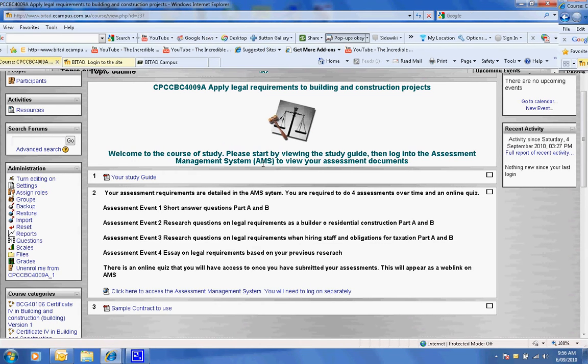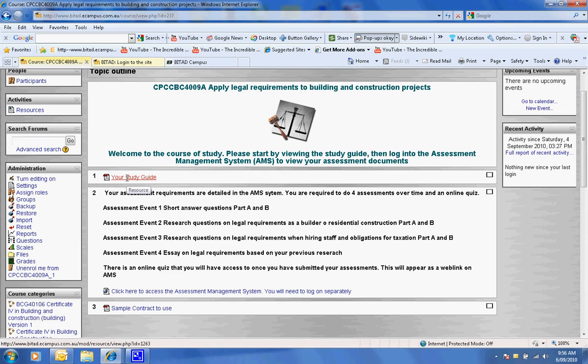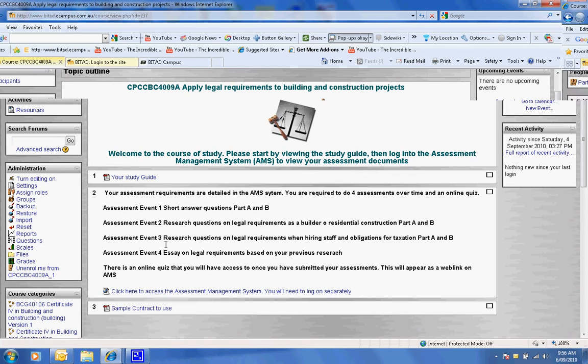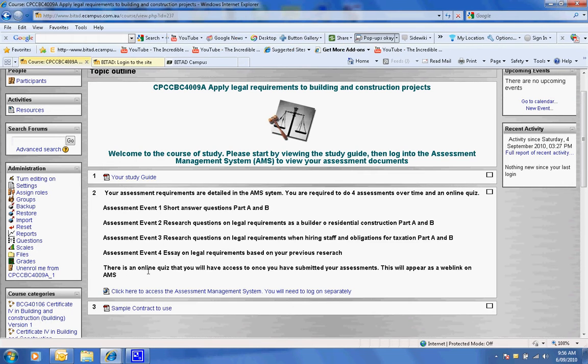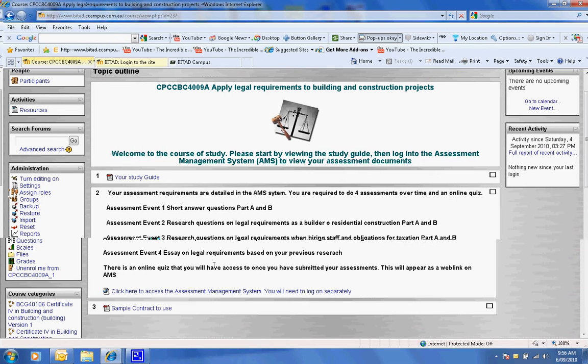A little brief description. Now this is your study guide. This is where you'll need to download and view on screen or print out. Your study guide shows you your study and how you should go about it. So this is what you need to access to do the study. There's a summary of your assessment events, which is done over time, and you'll be guided when to do that in your study guide. And you'll notice here there is also an online quiz that you need once you've submitted all your